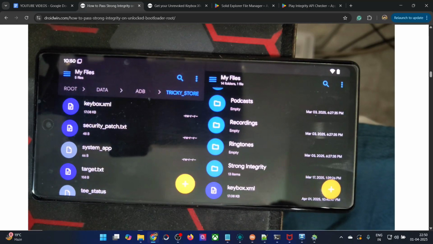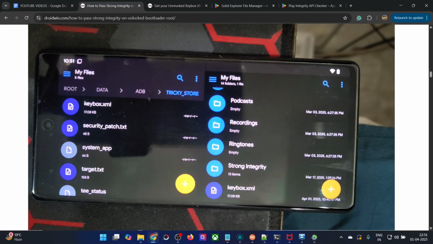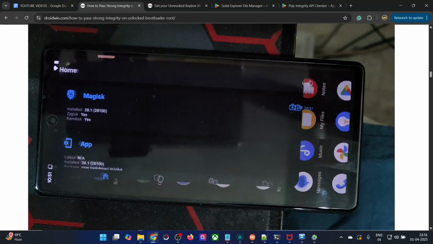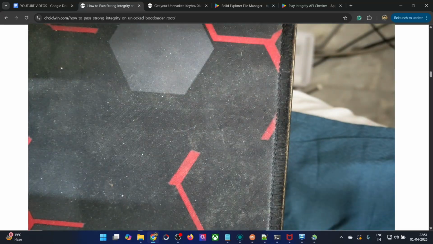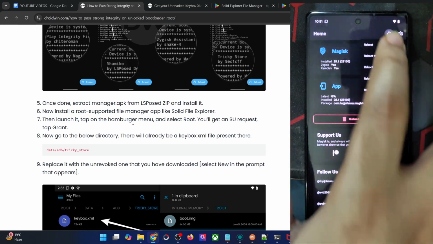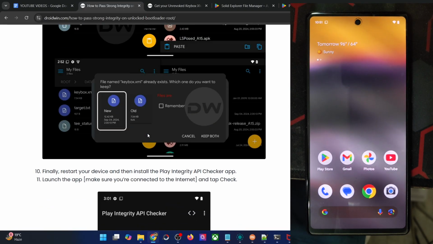The size of the Keybox which I am currently sharing is 17.08 KB, as you could see. And once you have shared the file, you will once again have to do a restart. So do a restart from the Magisk only. It's quite easy. Just a second. So again, tap on the reboot icon and select reboot. Your phone will now restart. Once that happens, your task is now complete.